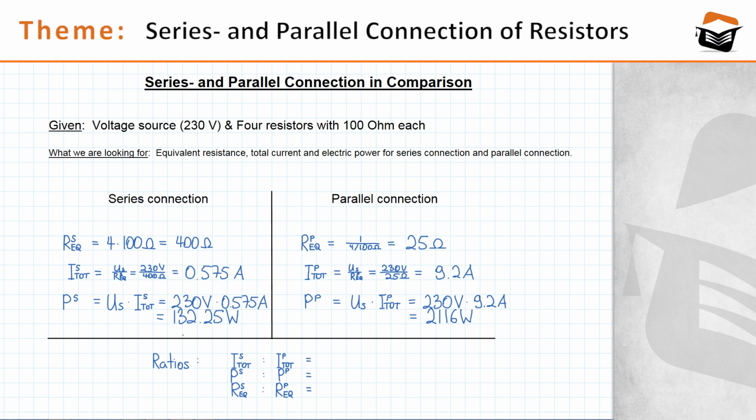So these are the values of the variables that we're looking for, and if we compare the ratios